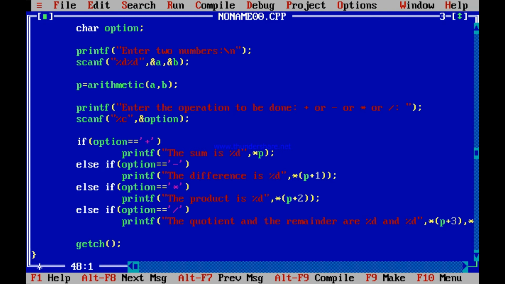Did not work. Why? Don't you forget that after this scanning, some enter was there in the buffer. So after printing, it could easily scan this option. It got that enter which was there in the buffer. After you enter this A and B, there was enter in the buffer.